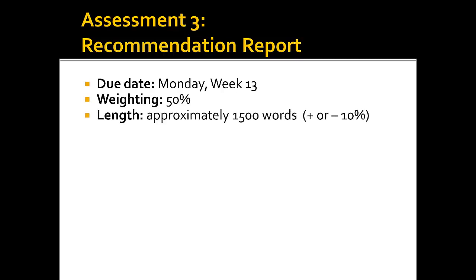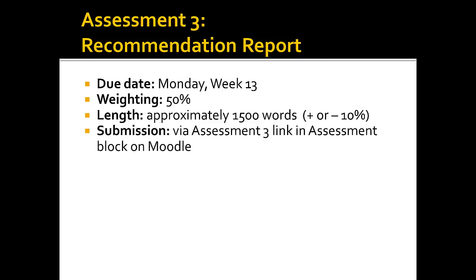It's about 1,500 words in length, so that means you can write between 1,350 and 1,650. It doesn't include things like the abstract, the list of references, and so on. It just includes everything from the first word of the introduction to the last word of the conclusion. It generally won't include things like tables and figures. And it needs to be submitted, like the previous two assignments, via Moodle, and there's a link to Assessment 3